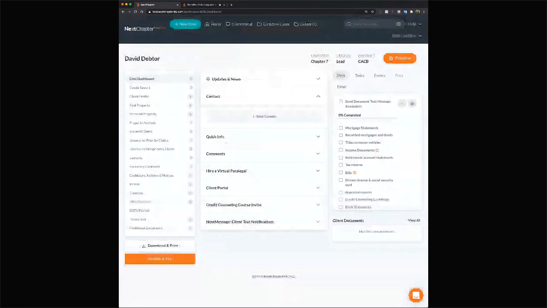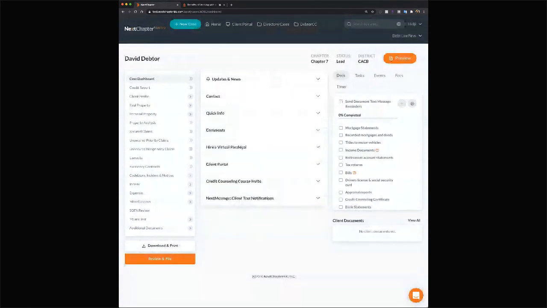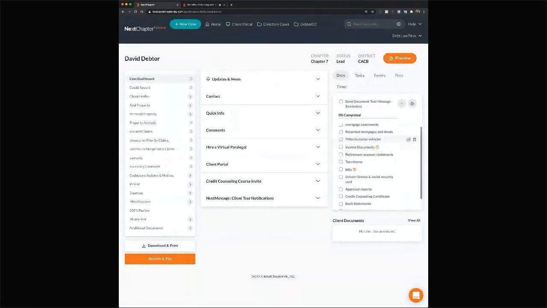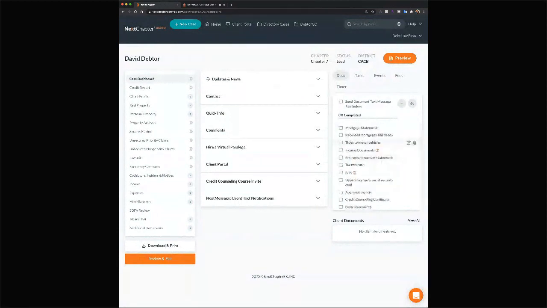Another thing that's helpful is if during the initial consultation you received any documents from the client, even before you purchase the paralegal, you can come in here and use this document checklist. They will use this as well, so you can let them know, hey, I already got this, I already have this, I already have this. That's a helpful thing to do just so they know they can assess the case and see where to get